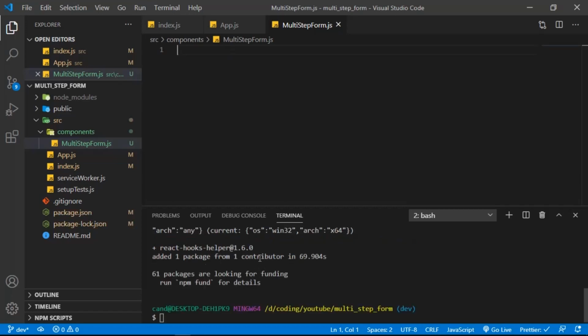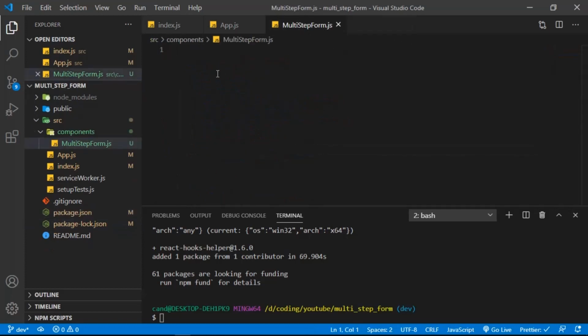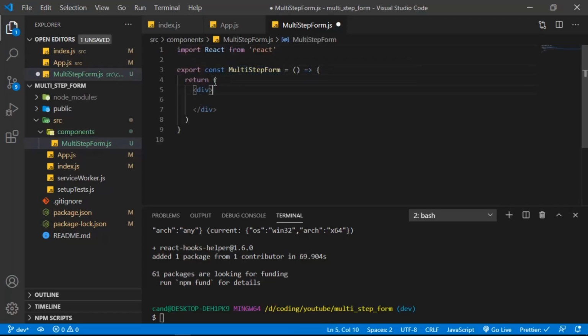All right, so it's done. Let's go to the package.json file. Now we have React Hooks Helper in here. Okay, so let's go back to multi-step form. We are going to create a functional component in here. So we can say rafc, enter, and let's add an h1 in here. I'm going to say multi-step form,